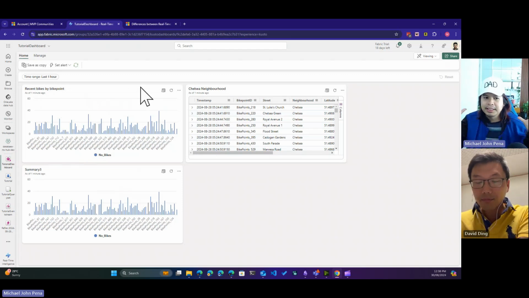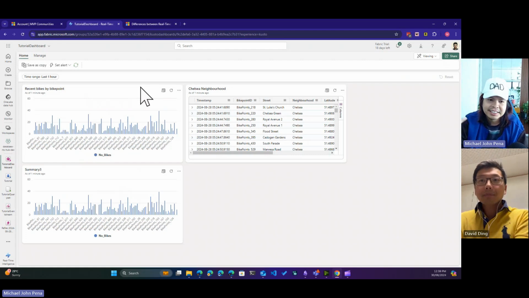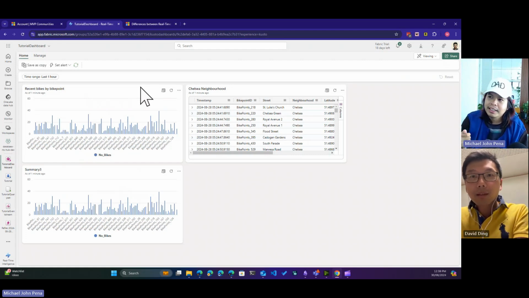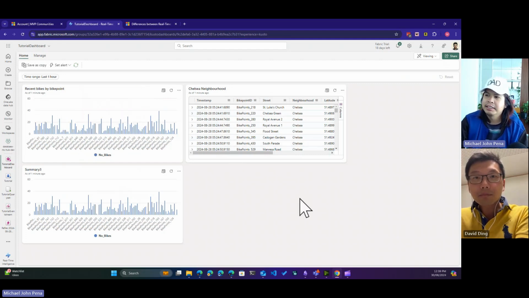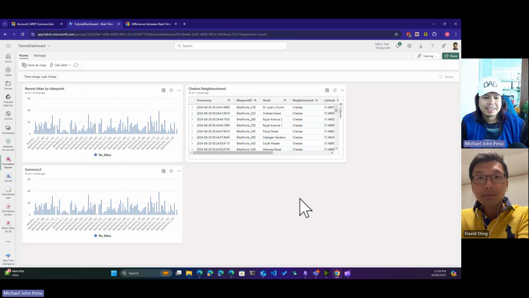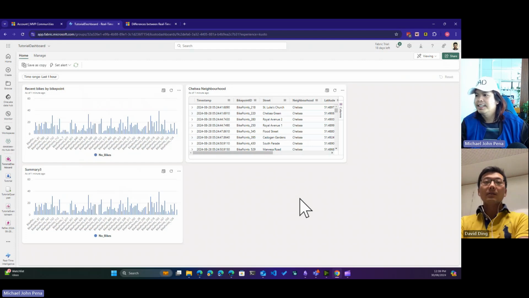Even if you're working on gazillions of data, it's going to be fast. It's a special purpose feature for this. This visualization is just a dashboard that shows you a bunch of KQL queries happening every less than a minute or so. Again, a really, really nice, super cool feature.